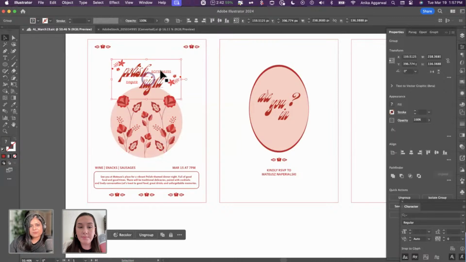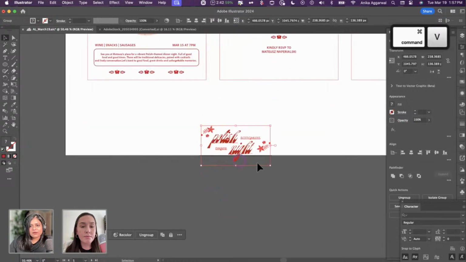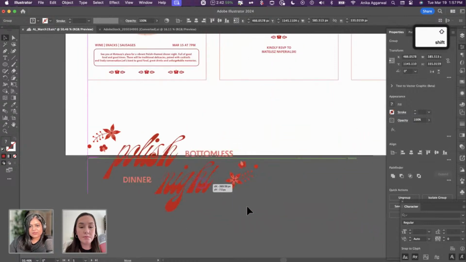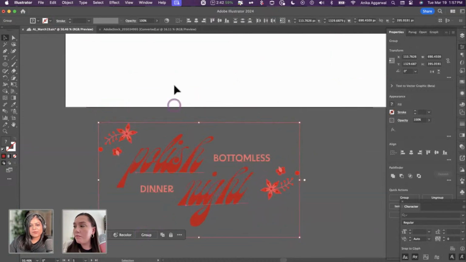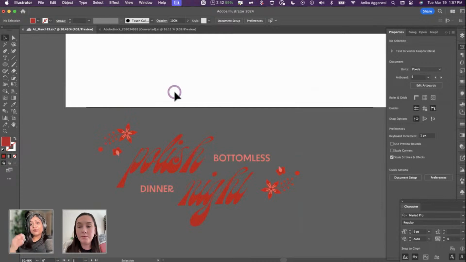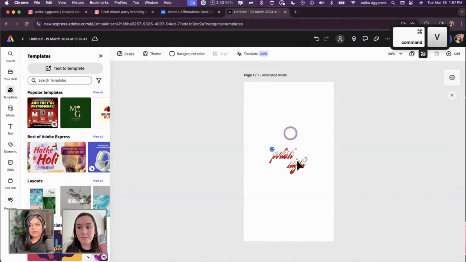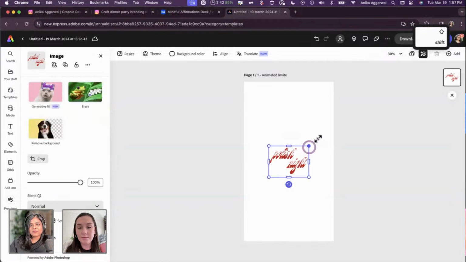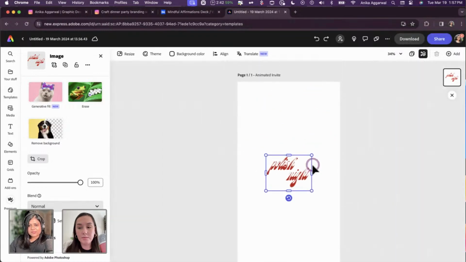And the first thing that I'm going to do is bring this element. Now I might want to scale it because when you copy it, some of these vectors paste as images because you are actually copying that from your clipboard. So it's a good idea, if you want it to not be rasterized, to scale it up to have it slightly bigger than you intend to on your artboard. So I'm going to copy Polish Night and I'm going to hit Command B, which is paste, and then if I make it bigger, it's still not pixelated. It's slightly pixelated still, but I think it'll be fine for our purposes today.